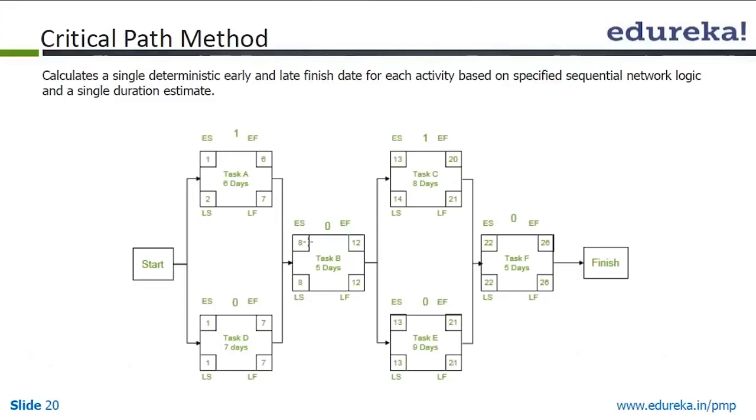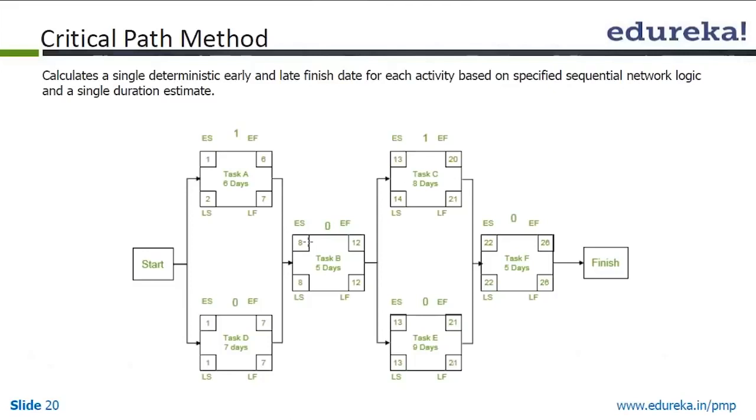Then we go into task F. Again, 20 and 21, we take the higher. So 21 plus 1, 22. So we put 22 as early start and it takes 5 days. So 22 plus 5 is 27, minus 1 is 26. Now once this forward pass is done,